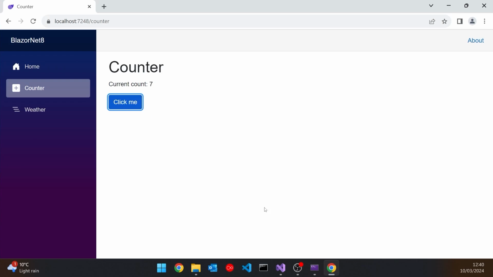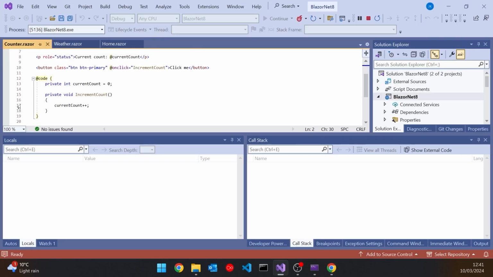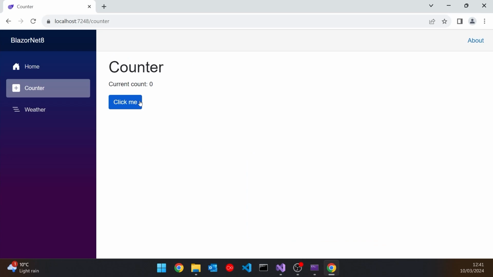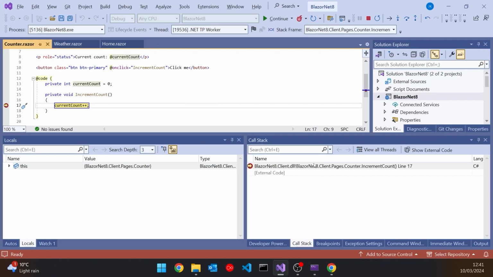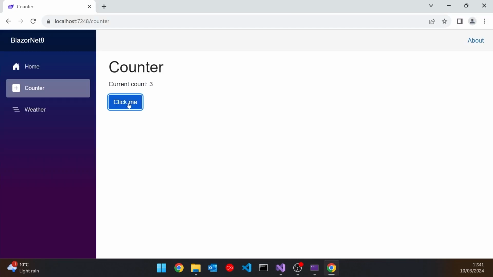But that, as I say, was server-side rendering, and we can demonstrate that because if I put a break on the actual functionality and then click the button, then if we look at the call stack, we can see we're getting a direct call into increment count. And because there's nothing else in the call stack, that's one of the easiest ways I find to determine whether we are doing server-side or client-side. Because as we'll see in a moment, if we did client-side and WebAssembly, then we'd see a whole JavaScript call stack in there getting to this point. So that's telling us that it's running on the server. And you can see it's just working okay there.